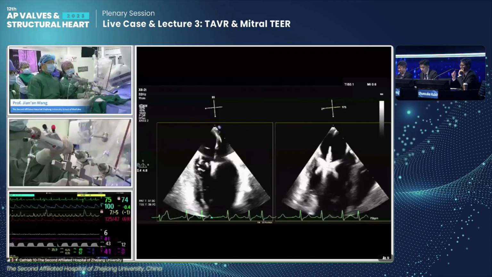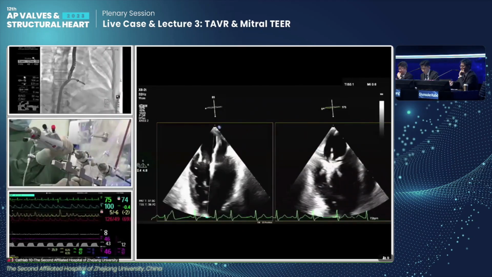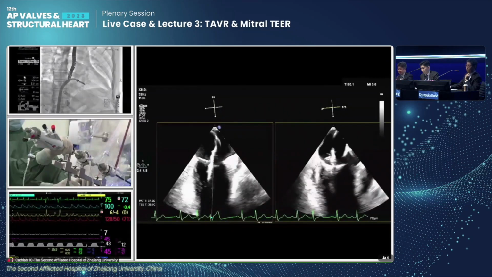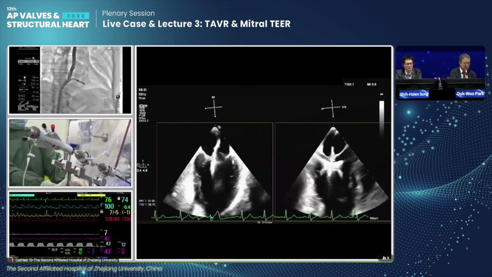Too medial. So I think that the clip must go a little bit more lateral, because the flail part is just lateral to the clip. Given that in the bicommissural view, you can see the prolapse is lateral to the clip, 还要再lateral。